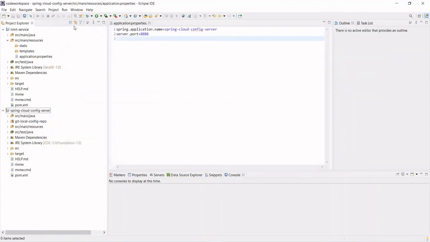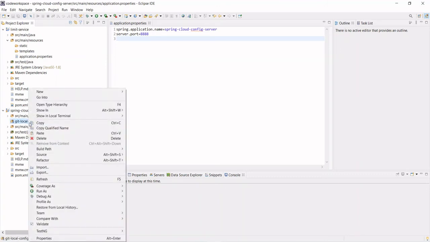Apply, close. If you see here, in the Spring Cloud config server project you will have a git-local-config-repo. This is how you are linking the local Git repository with your Spring Cloud config server. Now you have created a git local config repository, so let's create a configuration file here.